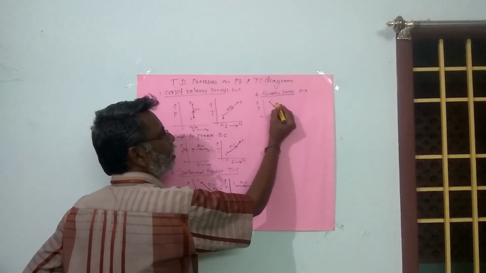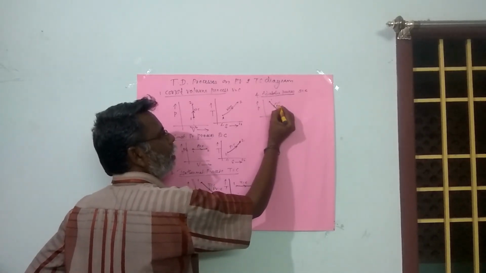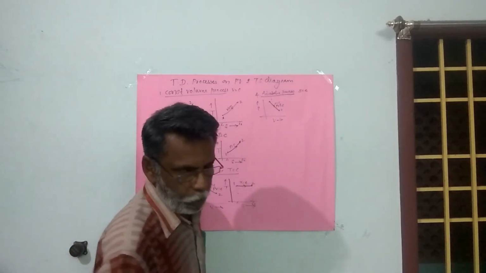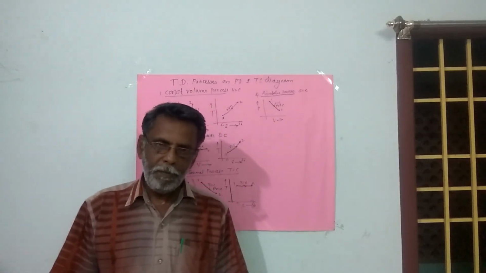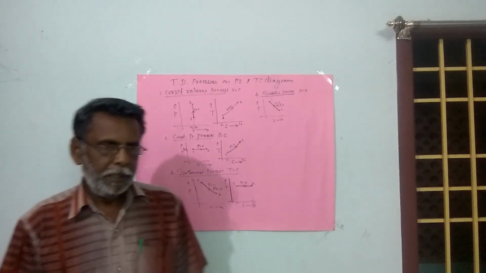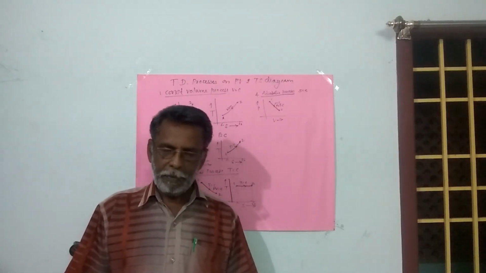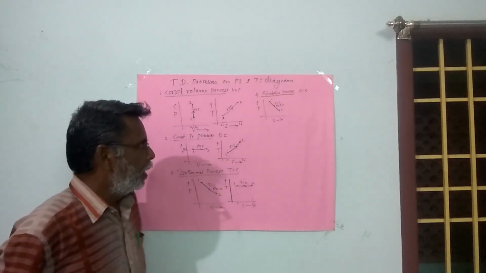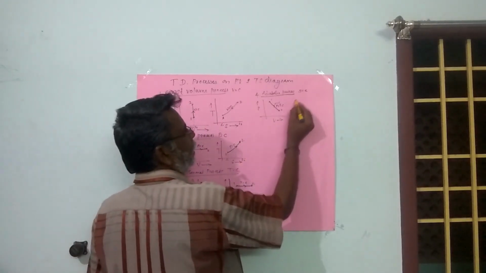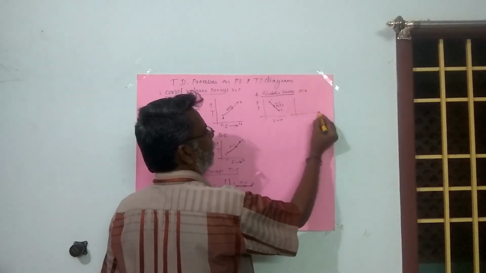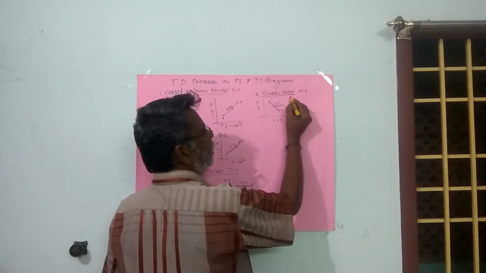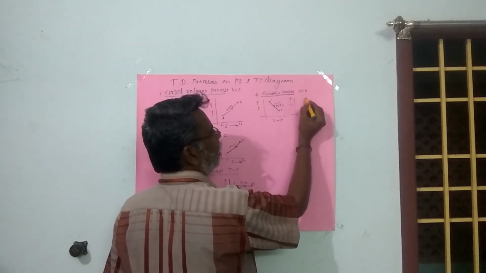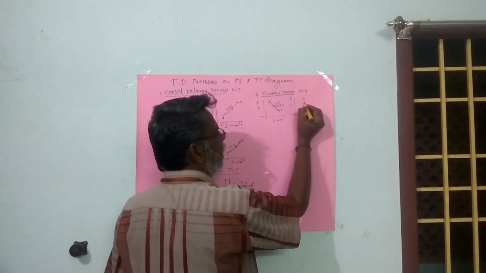So S equal to constant, or this follows the law PV to the power of gamma is equal to constant. Gamma is the ratio of specific heats, Cp by Cv. Cp is nothing but specific heat capacity at constant pressure, and Cv is specific heat capacity at constant volume. Since the entropy remains constant, the representation of this process on a temperature entropy diagram is a vertical straight line.